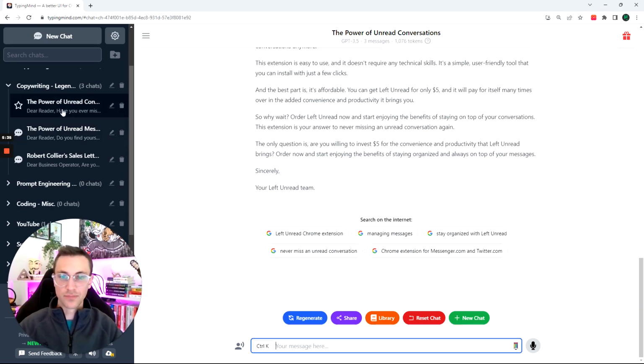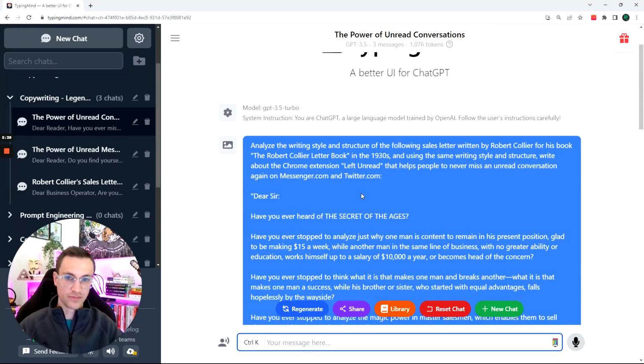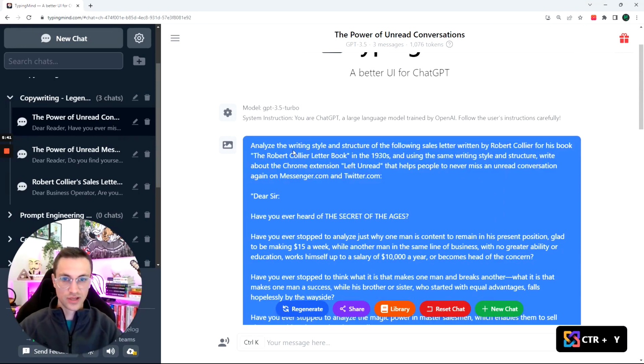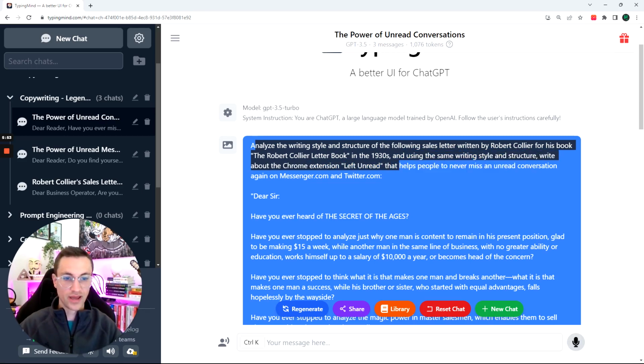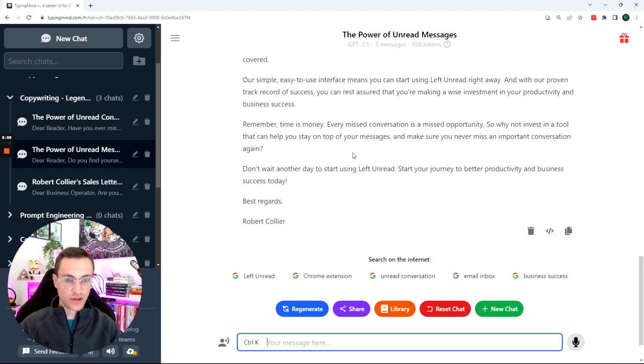But the one that is even better is this one. So let me show you. That prompt is even better because it says, analyze the writing style and the structure of the following sales letter written by Robert Collier. Same structure, as you see, it's really the same structure. And using the same writing style and structure, write about the Chrome extension Left Unread that helps people to do this. So as you can see, it's really, really similar to